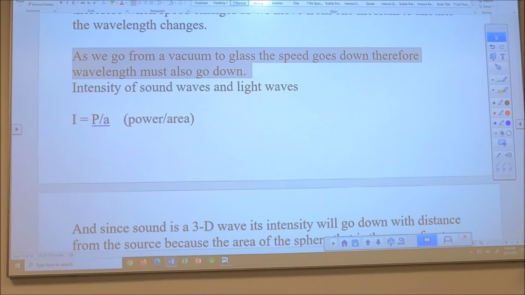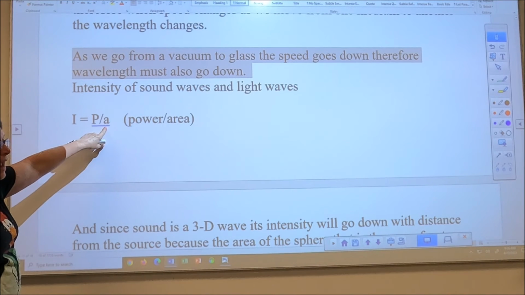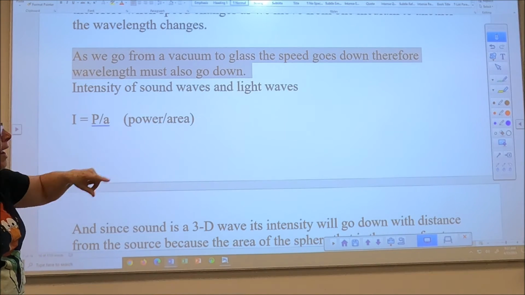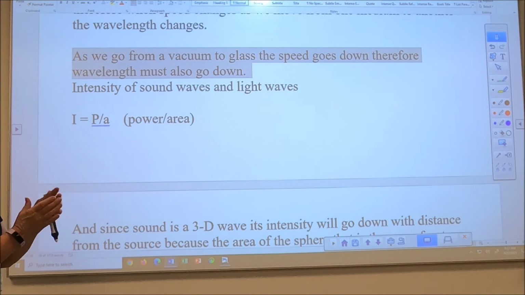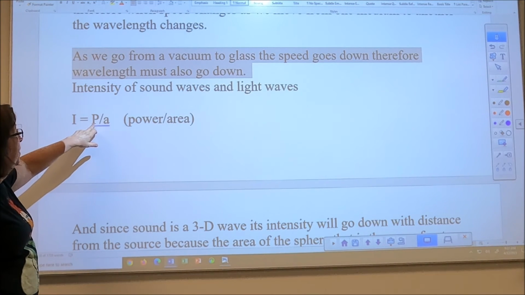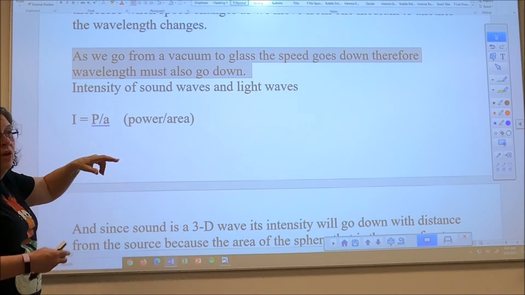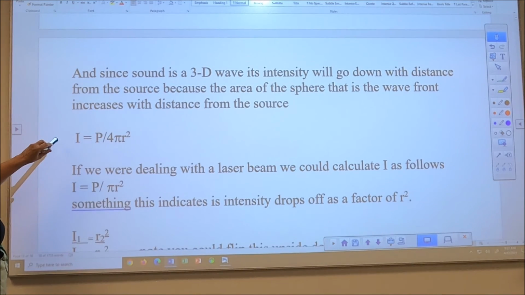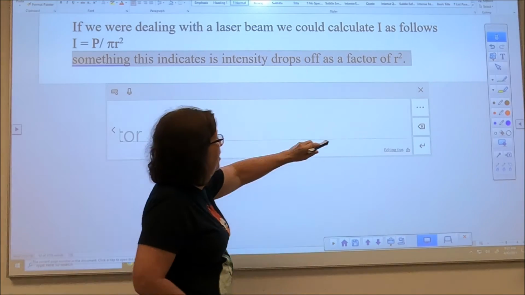Now, whenever we talk about a wave, we can also talk about an intensity of a wave. We usually talk about intensity of sound waves and light waves. I, the intensity, is the power divided by the area that the wave is spread out over. Remember sound waves and light waves are 3D waves, and your wavefront is a spherical surface. So I, the intensity, is P divided by A, the area. So the intensity is going to drop off with distance. So if we know we're dealing with the area as a sphere, that tells us